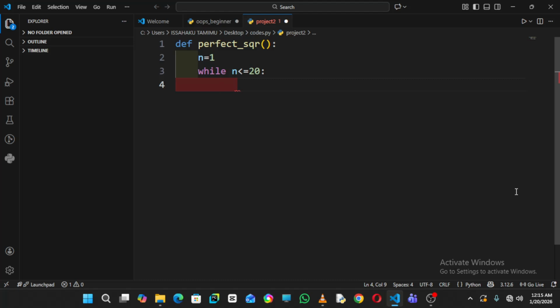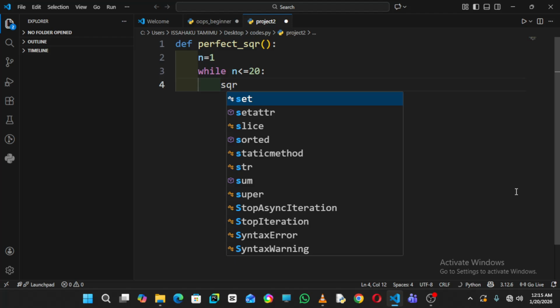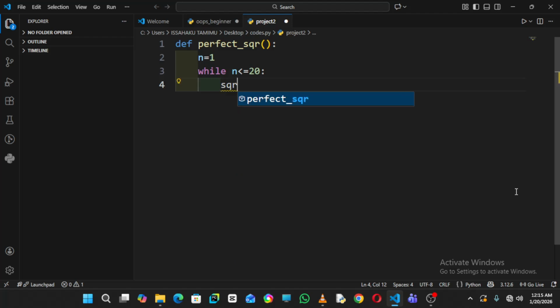So we have to first write a simple mathematical statement for it, as we always do here. First of all, we have to name that particular number, the perfect square, as SQR. As simple as that. But be careful, because that one is different from the perfect SQL. Okay, you are getting me.